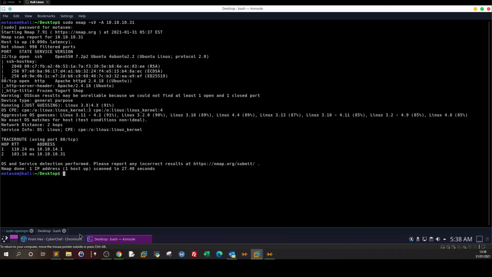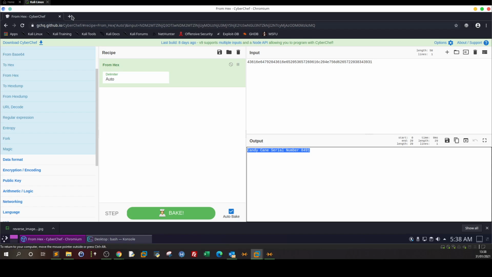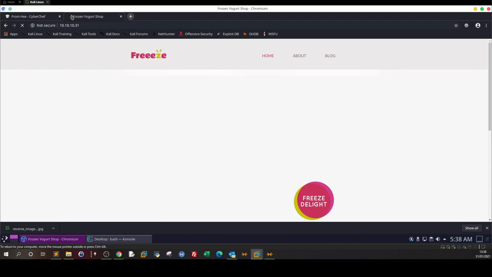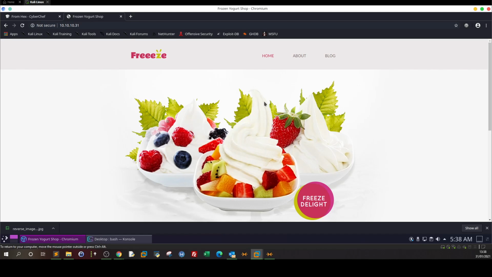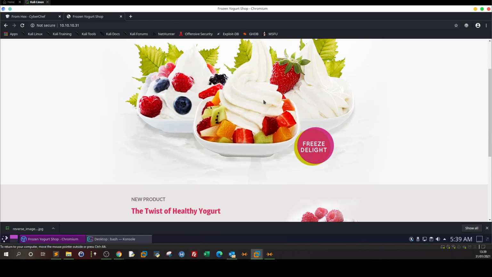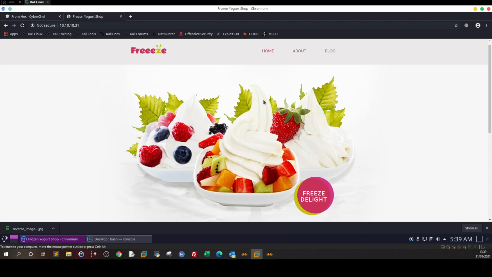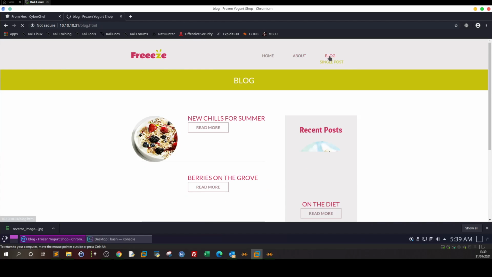So you go ahead and launch the browser and navigate to the machine. Upon navigating to the machine, we see kind of a yogurt shop, as you can see here. And now, actually, I am kind of craving these things once I saw it. Anyway, so here we click on About, navigate through the blog,